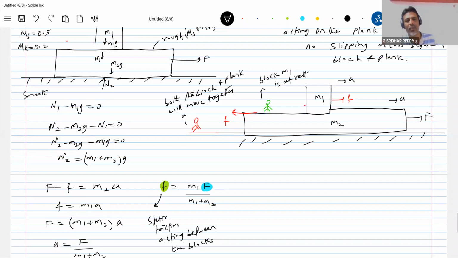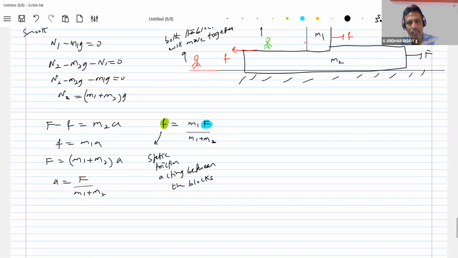Now you can ask me, sir, how can you say this is static? There should be some reason. What is the nature of static friction? Static friction depends on applied force. Will you agree? The basic thing we learned, static friction varies with the applied force. The graph also we have discussed. So here, as I increase the applied force on the plank, the friction force acting also increases. Therefore, this has a nature similar to that of static friction. So the friction acting is in fact static here.